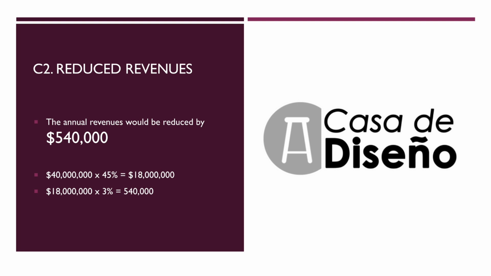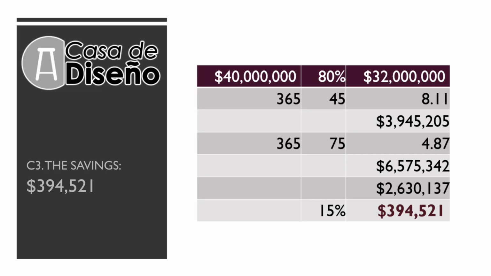If the firm's credit sales are $40 million and 45% of customers are expected to take the 3% discount, the firm's annual revenues will be reduced by $540,000. If sales decreased to 80%, moving from $40 million to $32 million, the new annual savings would be